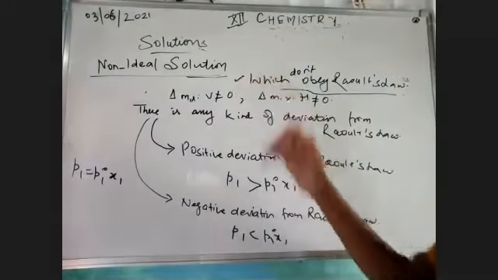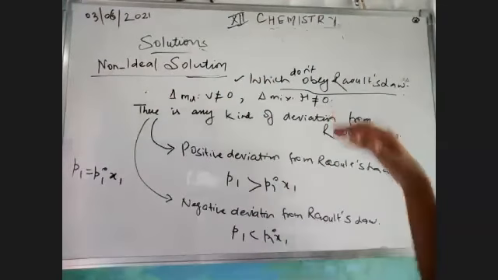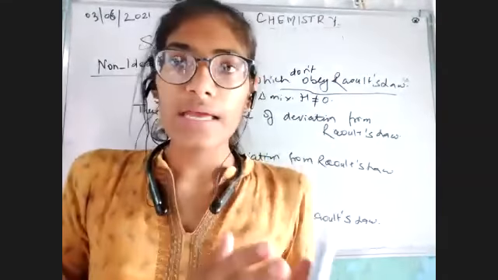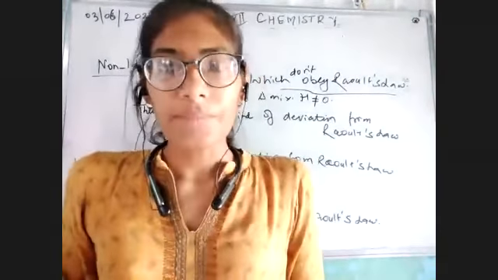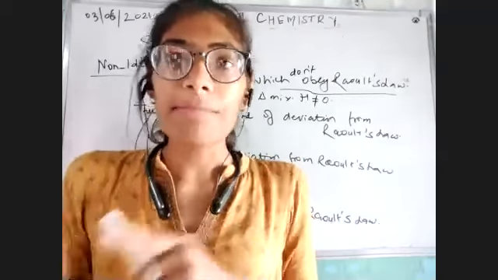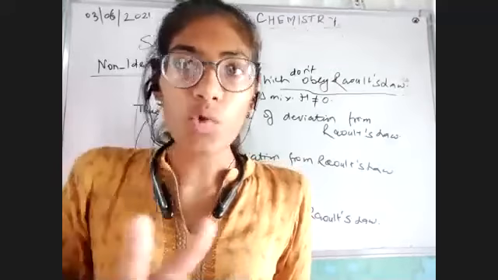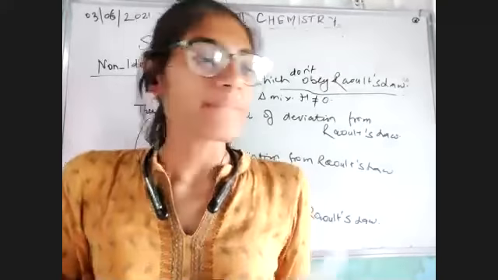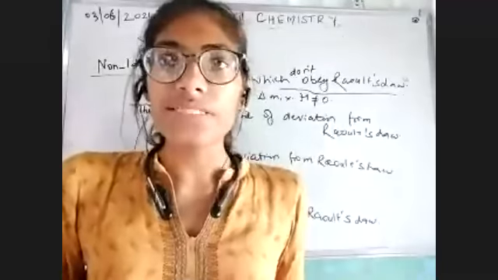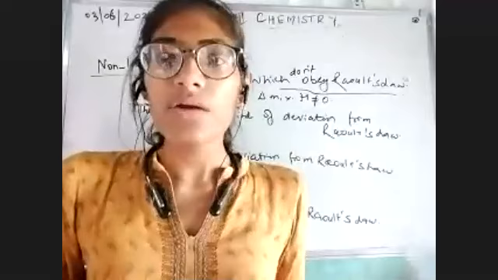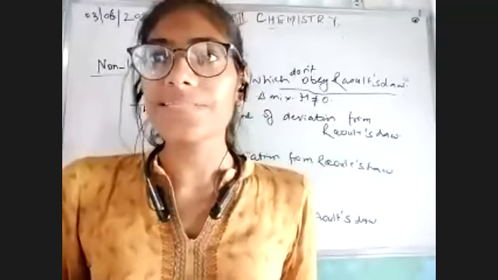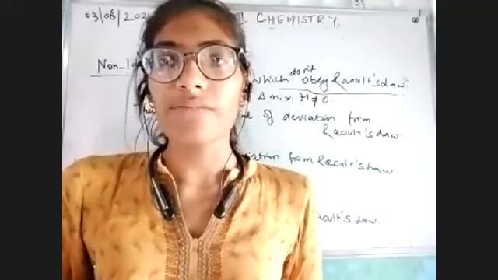They do not obey Raoult's law, and the main equation is this. But what about the molecular interaction? As we have seen in the ideal solution, the AA and BB interaction must be equal to AB. That means the interaction between the first component and the second component must be equal to the interaction between two molecules of the same component. The non-ideal solution would not show that because it shows some kind of deviation. That we will see on the basis of molecular attraction, the two types, in tomorrow's class. So if there is any doubt or query regarding the topic we have done, please let me know.